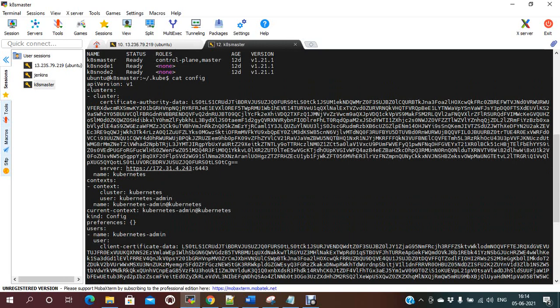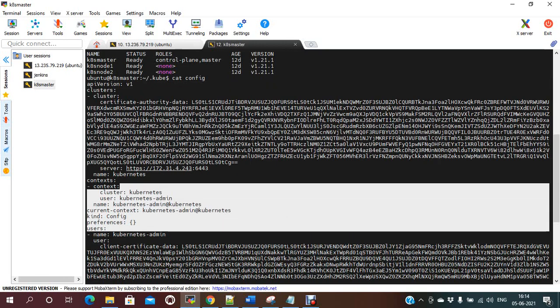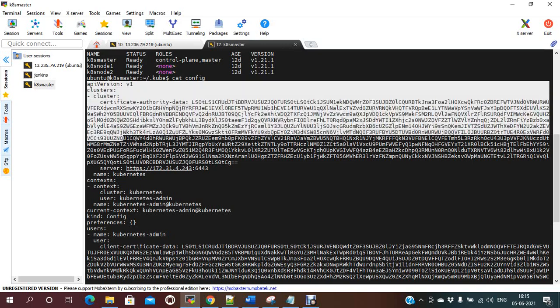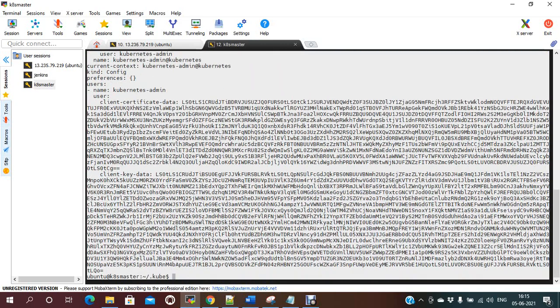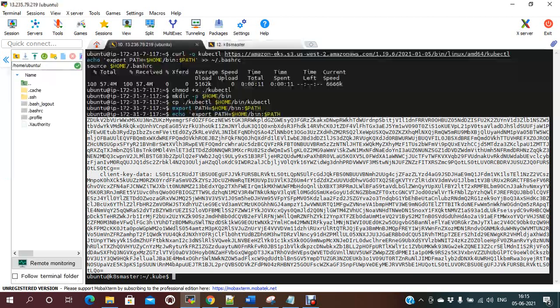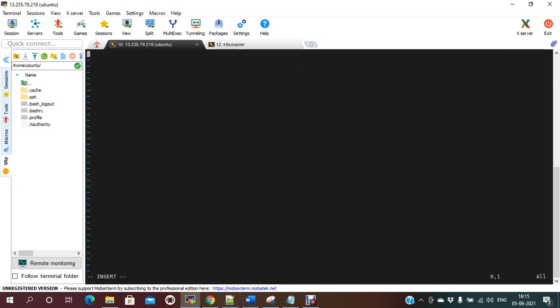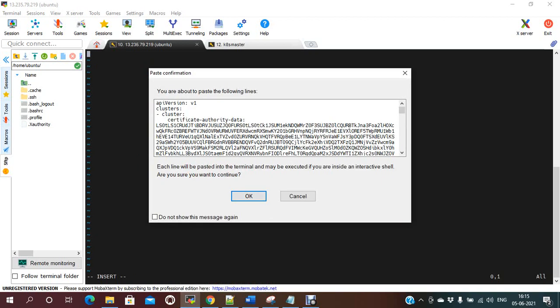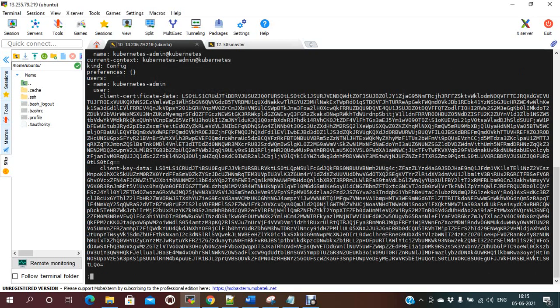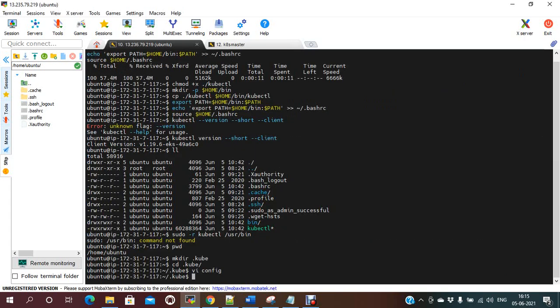I need to create the same folder on the Jenkins machine. Mkdir dot kube, cd dot kube, vi config. I need to paste the configuration file content. Okay, now I am saving this one.